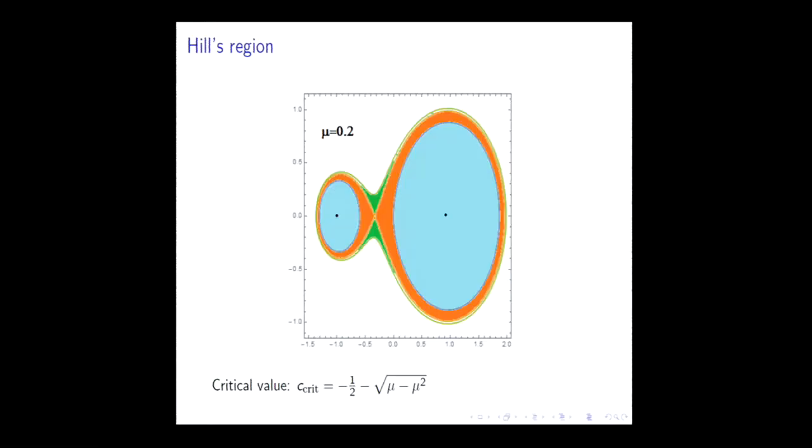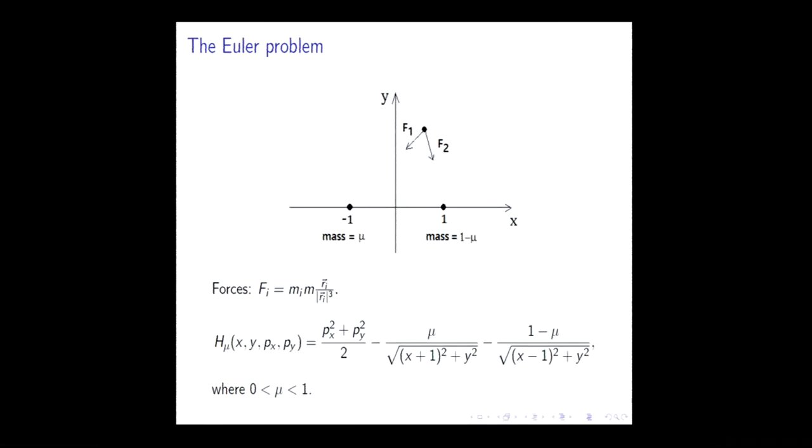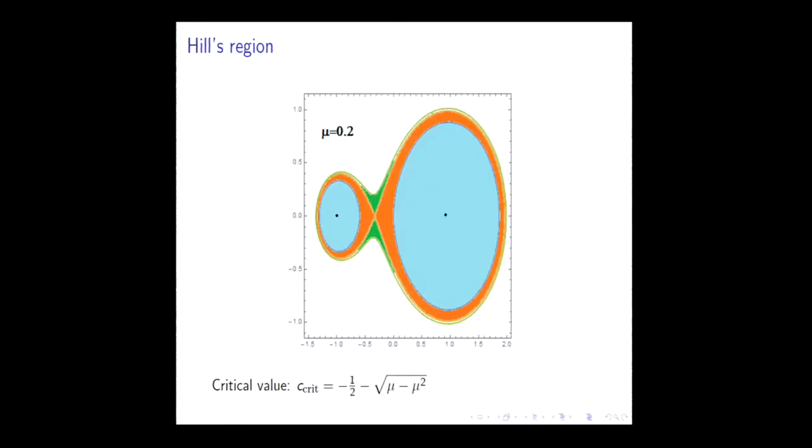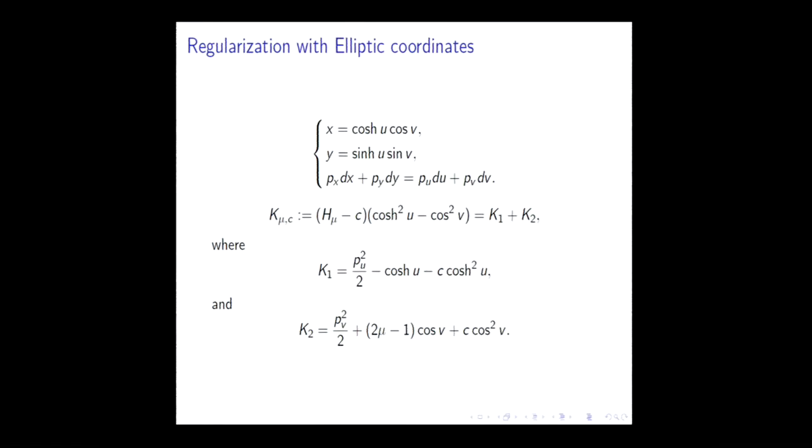And here we see that we have this bad denominator here, which is 0 at these points here. Now, in the new coordinates, we still have a bad denominator, but then we multiply the Hamiltonian by this denominator, and we obtain a new Hamiltonian, in which the energy is now a parameter of the new Hamiltonian. And this new Hamiltonian,